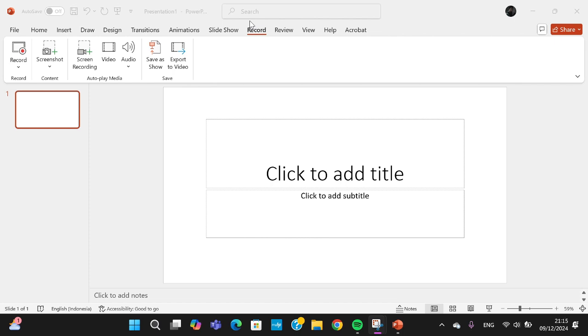Here I have opened my Microsoft PowerPoint application on my computer, and as you can see I have created a new file, and I'm going to use this Microsoft PowerPoint to record screen, and I'm going to add the video to the slide. First of all, we can go to the record menu in Microsoft PowerPoint and we can choose